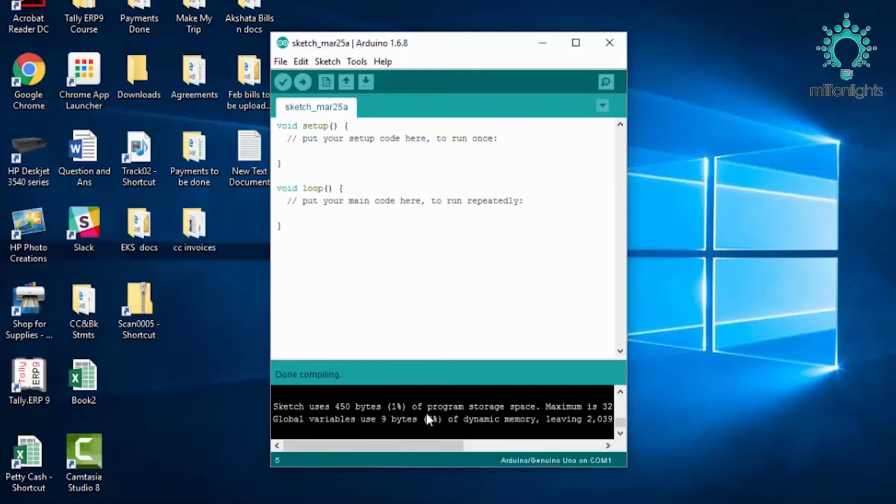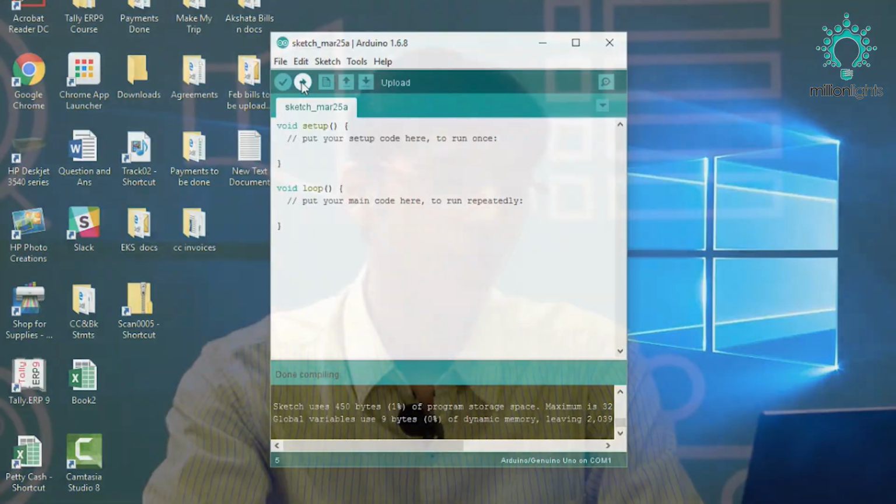Now we have seen this button which does the task of checking the code. This is also called compilation of the code. The next button after it is the upload button. This button is used to dump or burn the code onto the IC. Till now we have just written the code in the IDE and checked whether it is correct, but we have not yet put this code into the Arduino board.